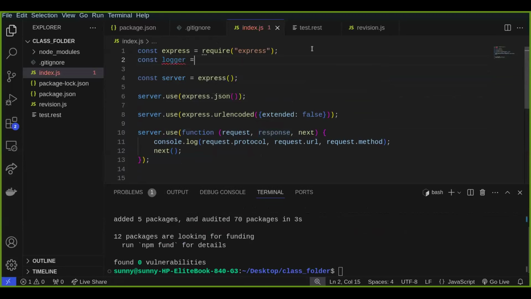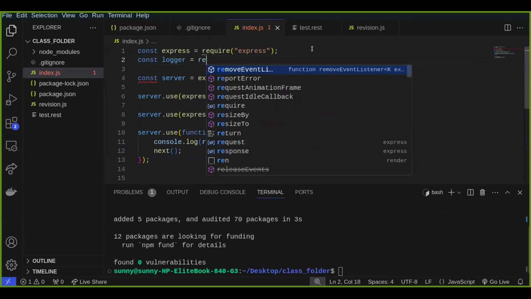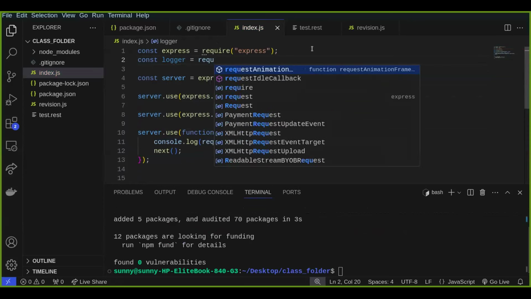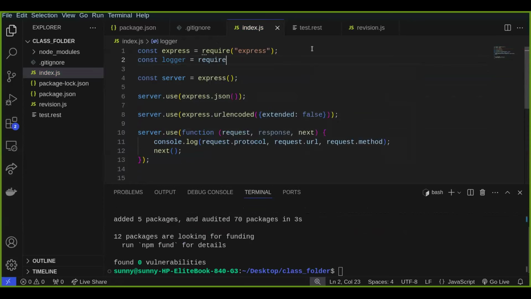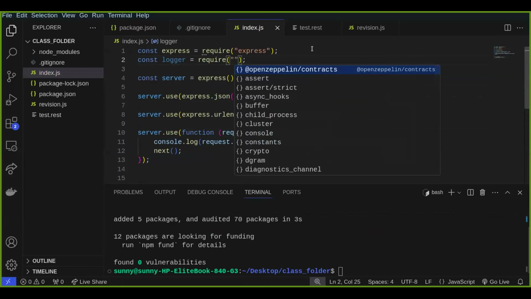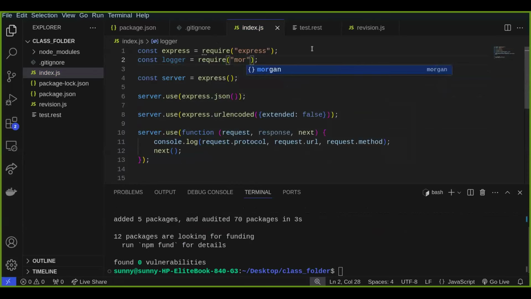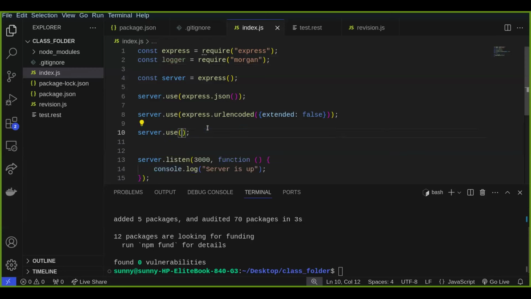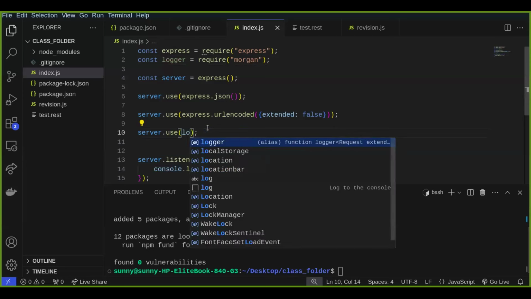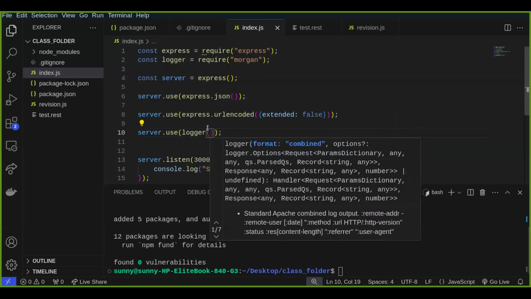I could still call it Morgan, but it's logger that people usually call it. So that's popularly called. So I'll just go with that. So I'll say Morgan, and then simply here I'll just say that I want the logger, but I